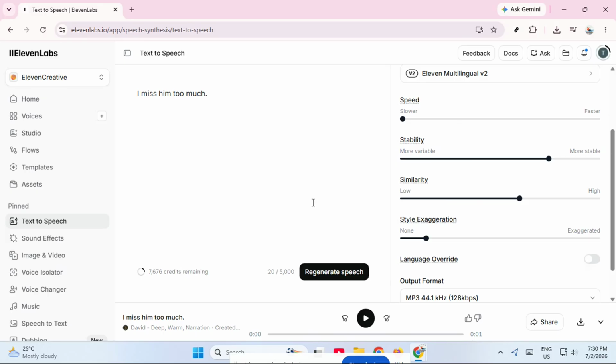And that's it. Slowing down a voice in ElevenLabs is that easy. You now know how to find the speed slider, lower it to the pace you want, and generate the updated